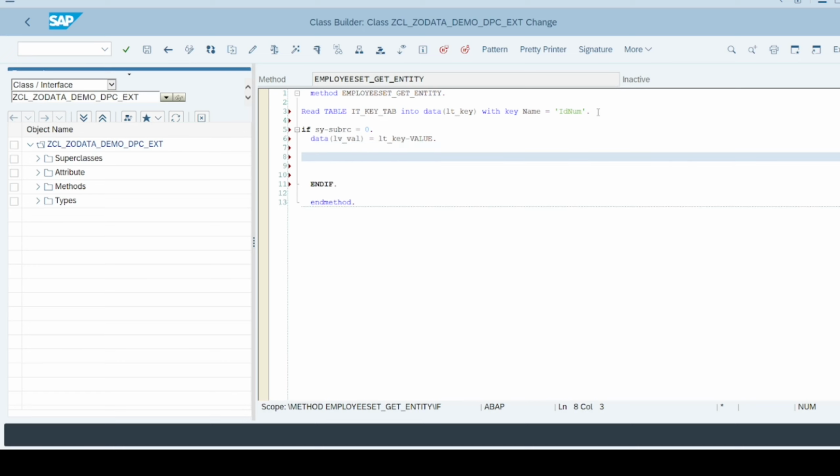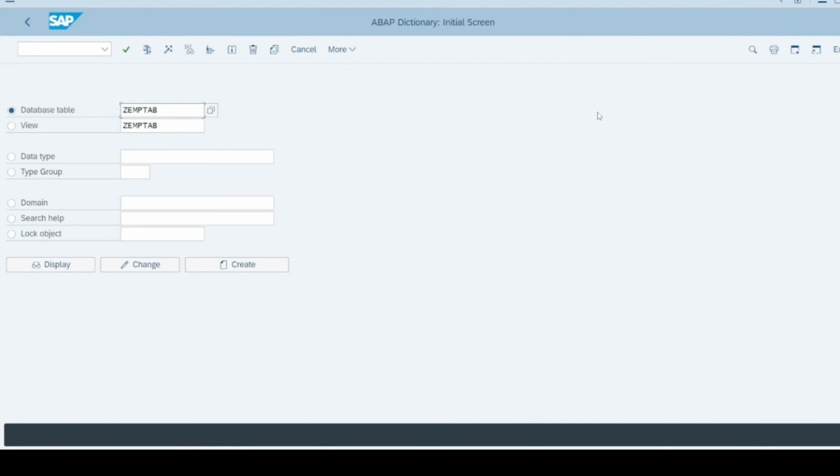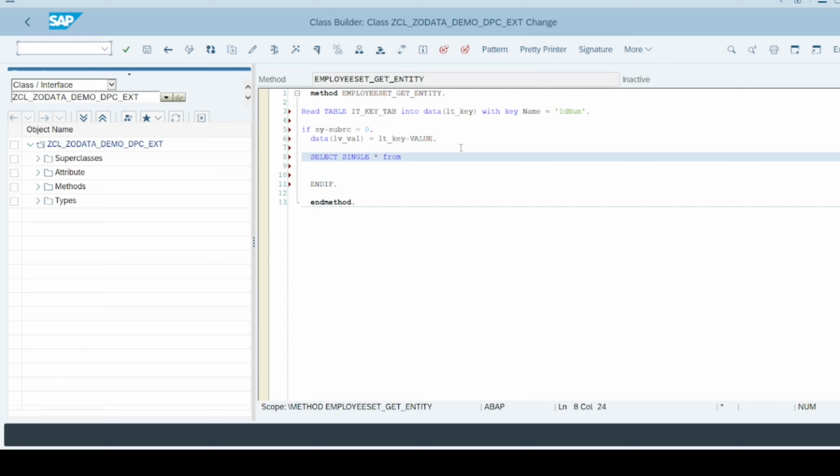Okay, now we are going to write our select query. Here we will write select single star from. I am going to copy my table name, from table into. I am going to open my signature,